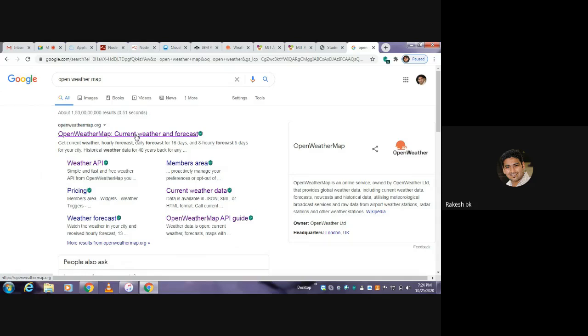You have to create an account for OpenWeatherMap. Once you create an account, it automatically generates your API for fetching weather forecasting data on a per-minute or 10-minute basis. Once you create an account, the page looks like this. If you click on API, it shows your generated unique API. This API is generated for each respective account, so it will be different for different accounts.